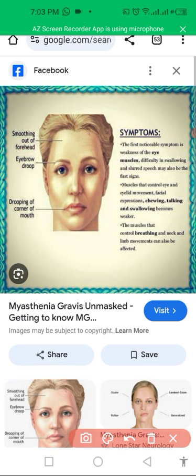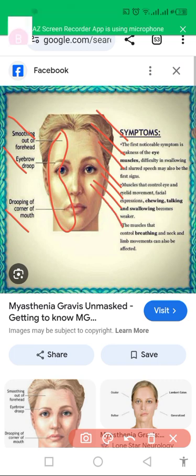In myasthenia gravis, when postganglionic fibers are involved, the muscles of the forehead will be affected, half of the face will be affected, and eye drop and drooling at the corner of the mouth will be there. The first noticed symptom will be weakness of the eye muscles, difficulty in swallowing, and weakness of the muscles of mastication. Muscles that control eyelid movement, facial expression, and chewing will be affected,